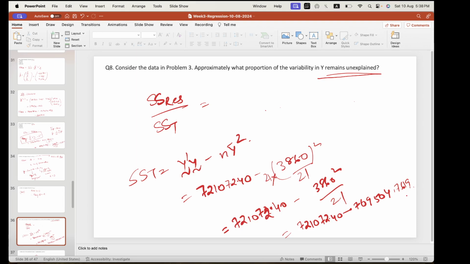Okay, so 721072.40 minus this is actually 11567.6381. So this one would be SS residuals would be 2025.857